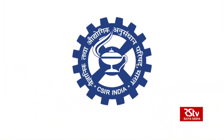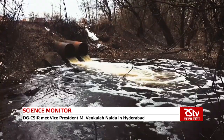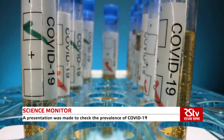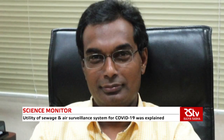The Director General of the Council of Scientific and Industrial Research, Dr. Shekhar C. Mande, recently met Vice President M. Venkaiah Naidu in Hyderabad and made a presentation on the sewage and air surveillance system to find the prevalence of COVID-19. Dr. Mande was accompanied by some senior scientists including Dr. Rakesh Mishra, Director CSIR-CCMB, and Dr. S. Chandrasekhar, Director